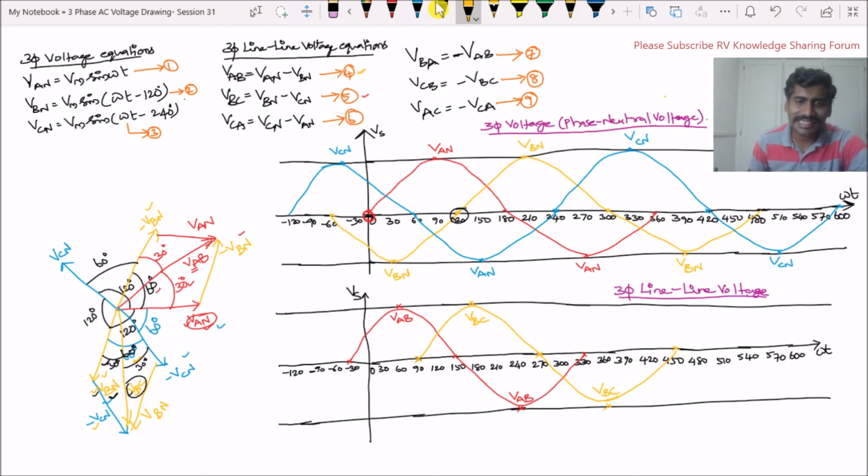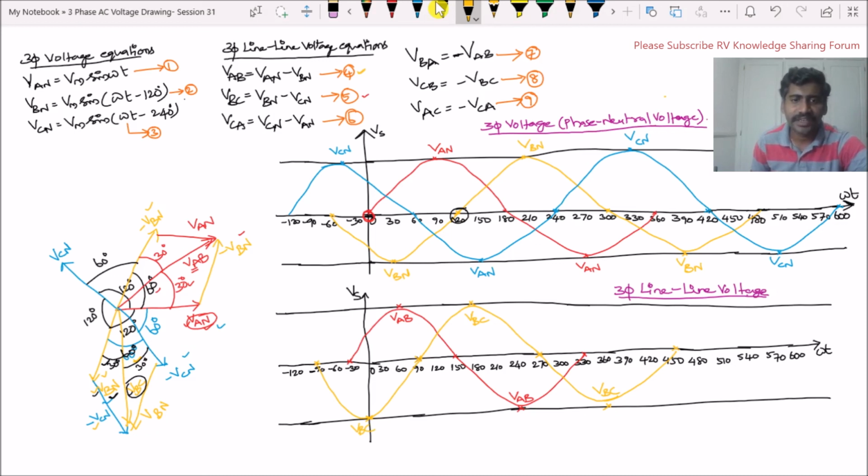Now let us extend this line voltage VBC to the left hand side also. From 90 degrees we have to leave another 90 degrees to the left hand side in order to have its peak value. So that becomes 0 degrees, right? From this 0 we have to leave another 90 degrees to the left hand side in order to complete its half cycle. So that becomes minus 90 degrees. Now let us draw this. So this is our line voltage VBC, that is the voltage which is measured between the line B and the line C, or the phase B and the phase C.